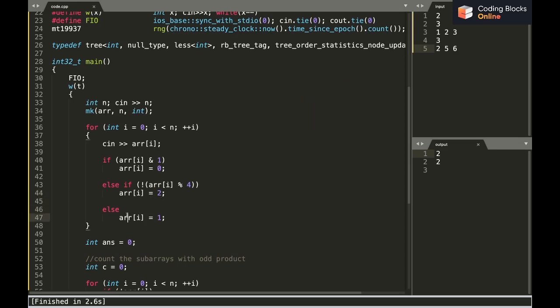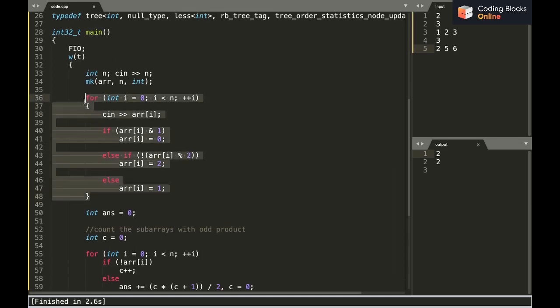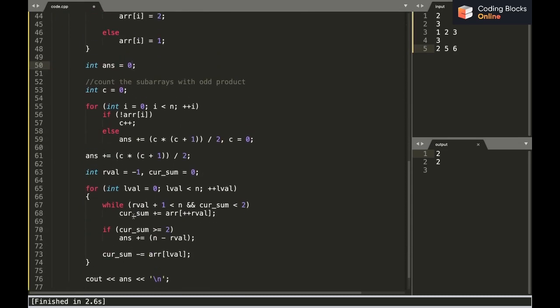Else the power of 2 is basically 1. Now just you need to take care. If I would have written it like this, first check for power, if it is divisible by 2, then write this 4, then it would have been wrong, because a number that is divisible by 4 is divisible by 2 also. In this case I would have made a mistake for the numbers that are basically the multiple of 4, right? Now after having done this, I'll initialize my answer with 0, and then I'll basically count the cases for